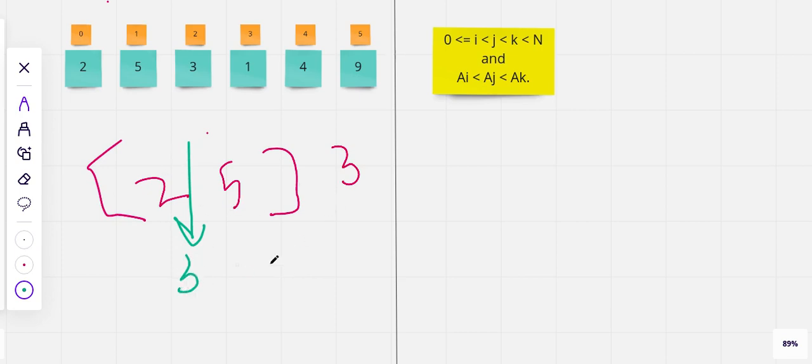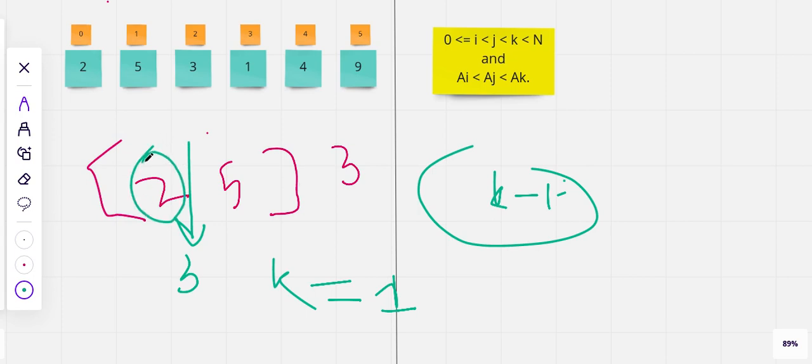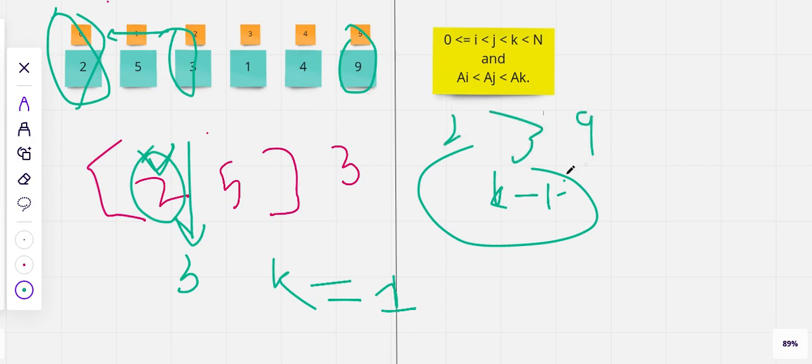So let's say there is some function which gives me the position where I can place 3. It will give me one position, right? In the left array I have to place it at one position, which is k. Whatever is k minus 1, which is the 0th position, is going to hold the value that I am interested in for my left number. So for 3 the value will be what? 2. K minus 1, this 2 will be my value. So 2 I have to take with 3 if I have to form a triplet, and the right of 3 is going to be 9, that I have already pre-computed in my array, right? So 2, 3 and 9 would be an answer.